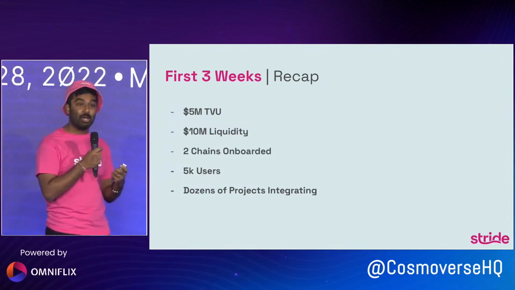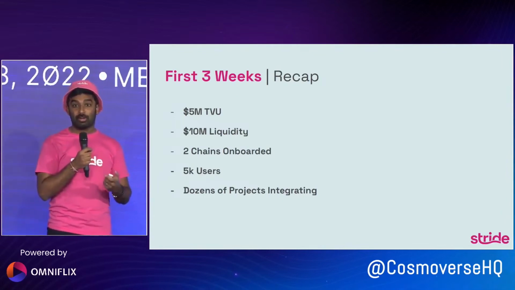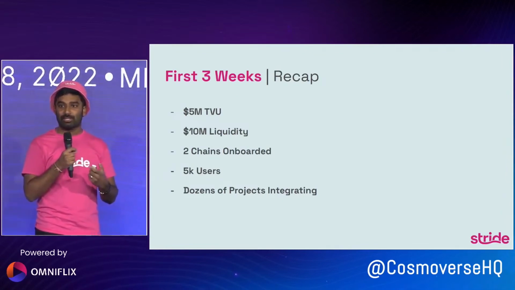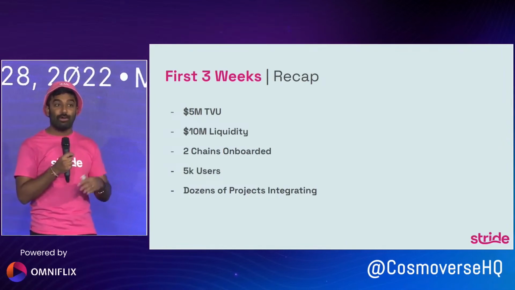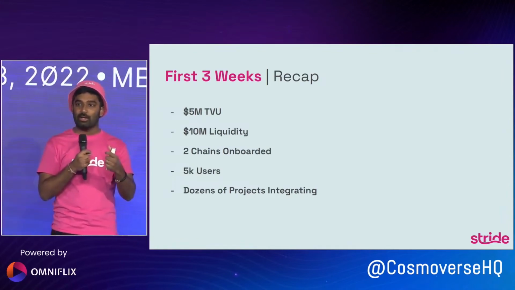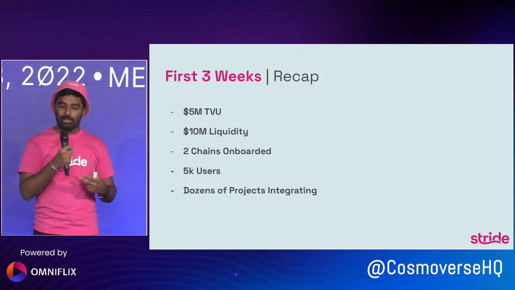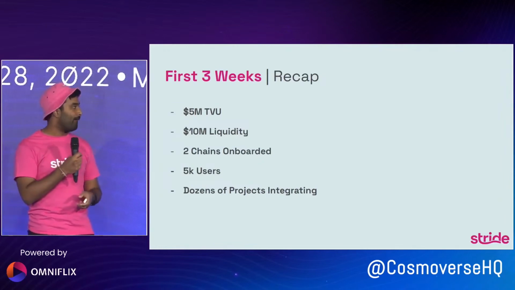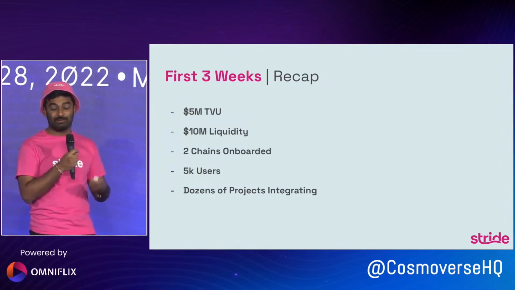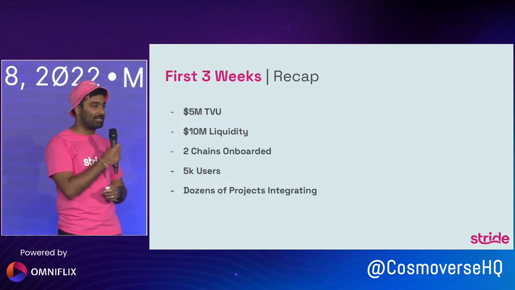We have $10 million of liquidity on Stride on the DEXs that support st tokens. So if you have stATOM or stSTARS, you can go very quickly sell it in this AMM and receive your staking yield while also remaining liquid. Really excited about this. We're already one of the number 5 most liquid AMMs in Osmosis and hoping to keep continuing to add liquidity to the Stride chain.